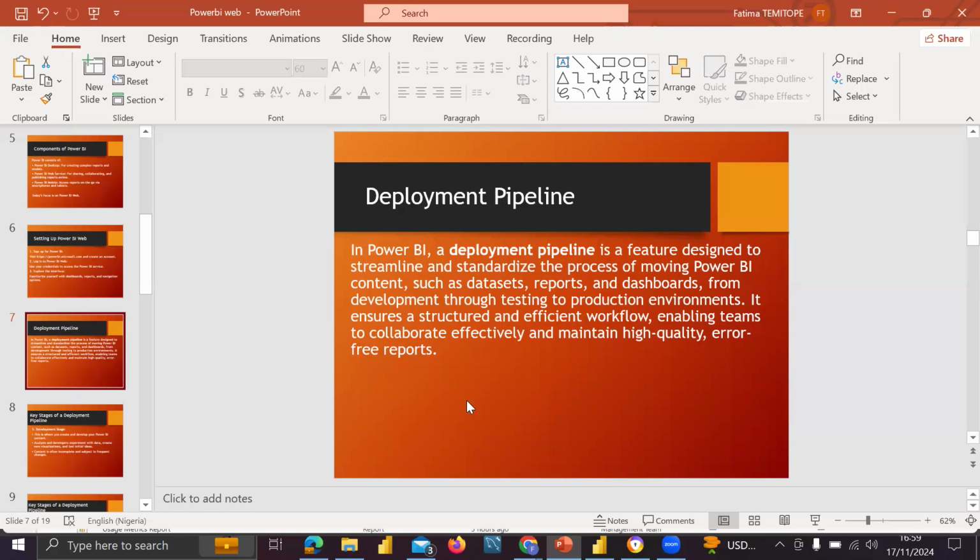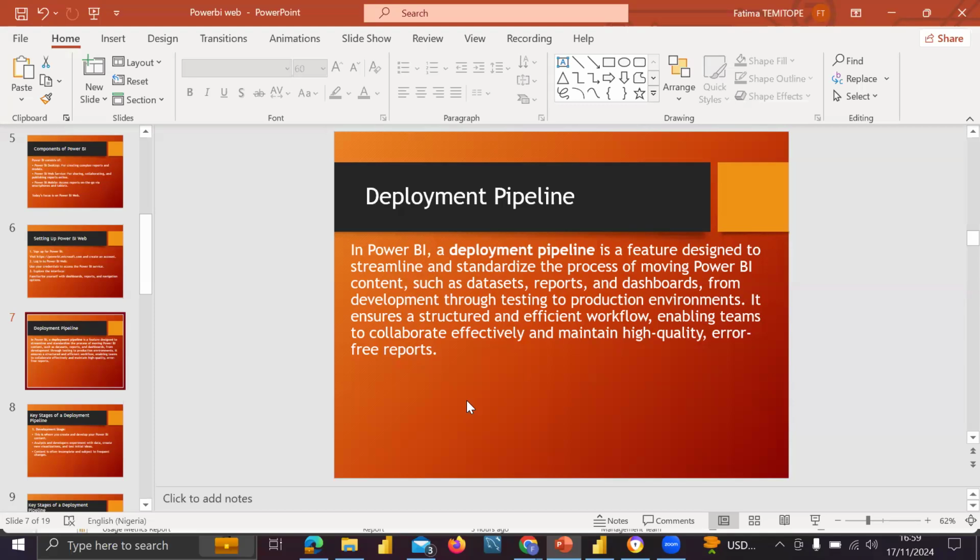There's nothing like end-to-end working as an individual. You will work as a team. So deployment pipeline is a platform whereby you can collaborate with your team from the development phase to the testing phase to the production phase. That is what the pipeline is all about.